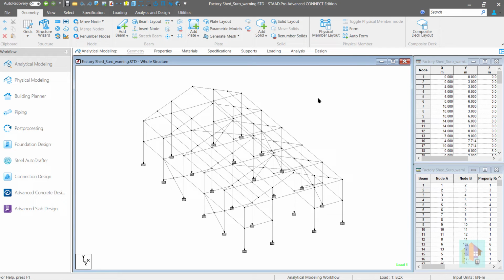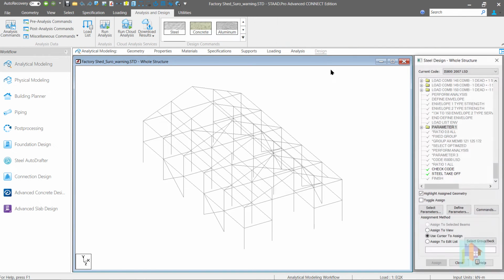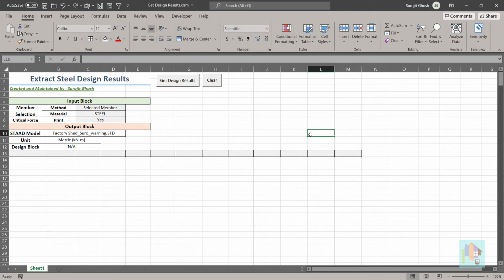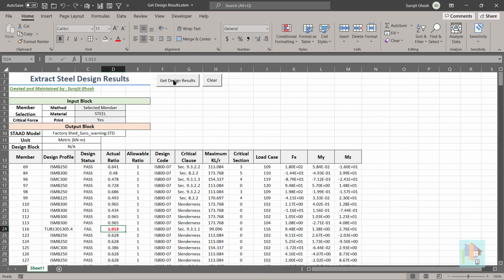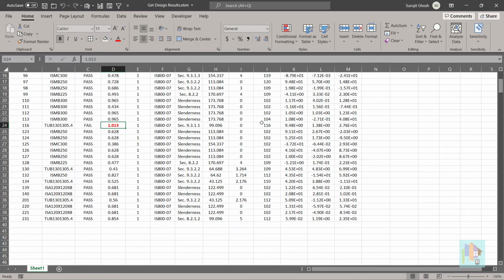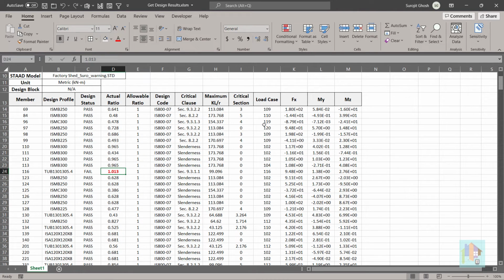For example, consider this model. I have designed this PEB warehouse using IS 800-2007 and I want to extract the design result for these few members. I have developed a custom tool for this using these new functions. Here, we can use the selected members or provide any group name and extract all the design result in a single click. Easy, right? From this design result table, we can easily cross-check the ratio, clause or reason of failure, and accordingly